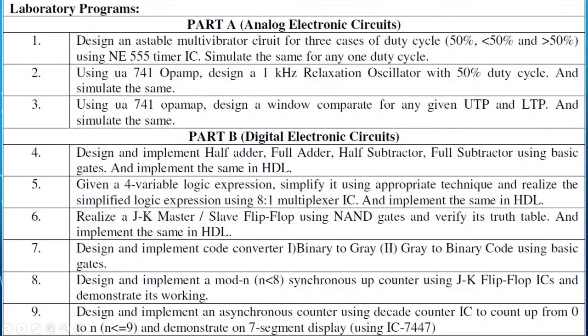We'll check what the components are, how they look, how I connect them, how I will actually be using them, how I look into the input, and how I look into the output. All those details we'll be checking in the upcoming videos. In part B, the digital electronic circuit experiment, we will have a brief insight into the various components I'll be using here.